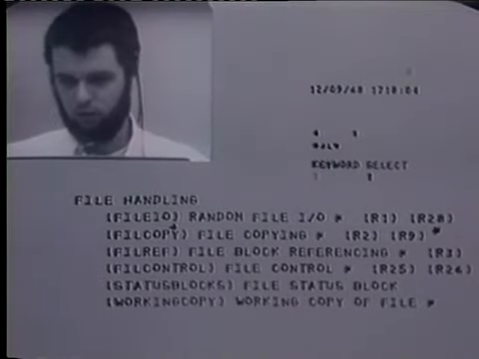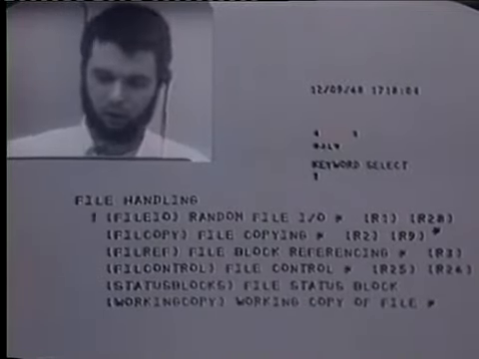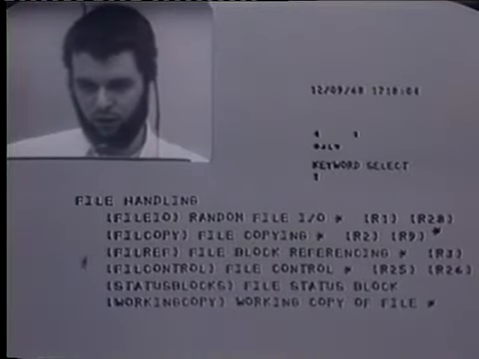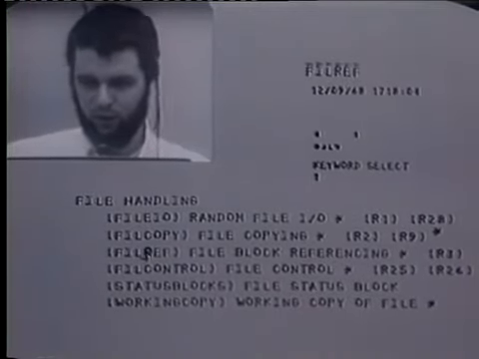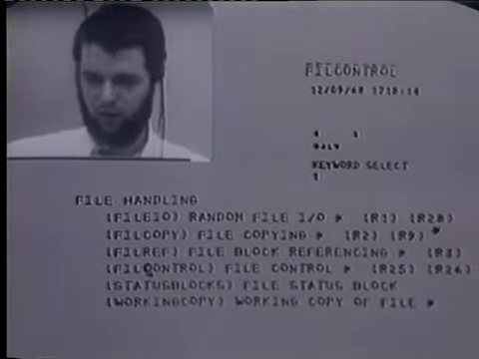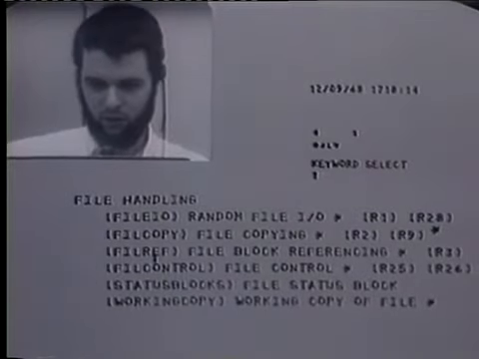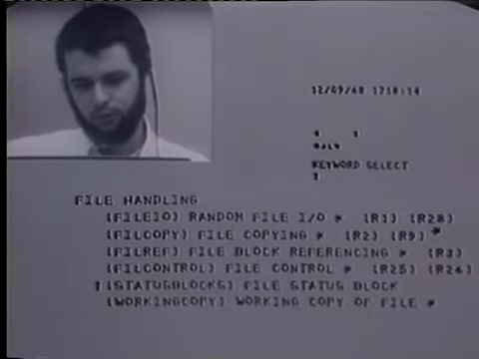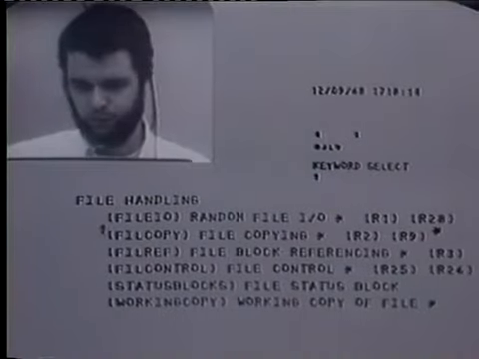So now I'm able to actually select the keywords that I want to use to describe what I'm interested in. I can do that just by pointing at it. Then it writes the word up here, then another command to accept it. I can just accept file control, and I've already accepted file referencing. I'm able to,